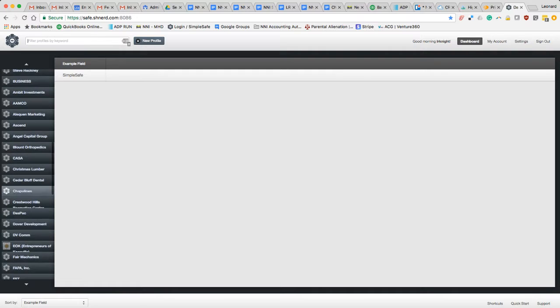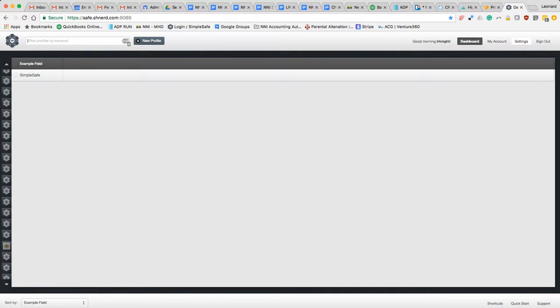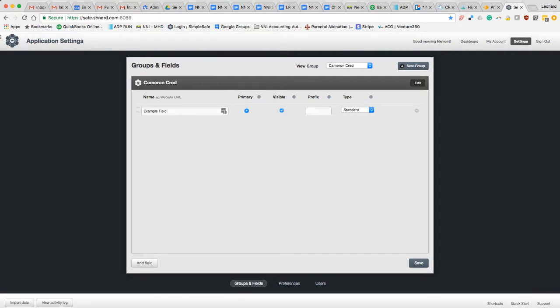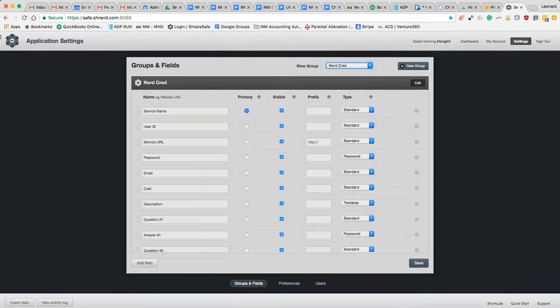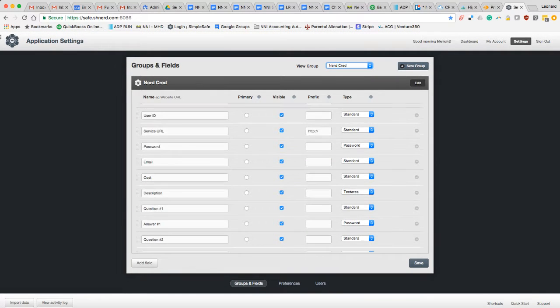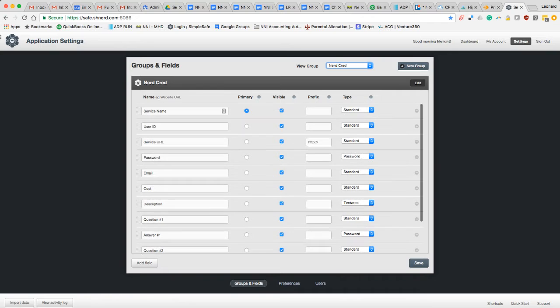So when you're creating a folder, you go over here to settings, like whenever you're signing up a new member, and you can do a new group here, not folder, group, sorry. Do a new group, and it allows you to create a group. It's kind of goofy because it doesn't have a default set of this layout. So like if you look at nerd credentials, how we have service name, user ID, URL, all this jazz. When you create a new group, you don't get anything here, which is kind of weird,